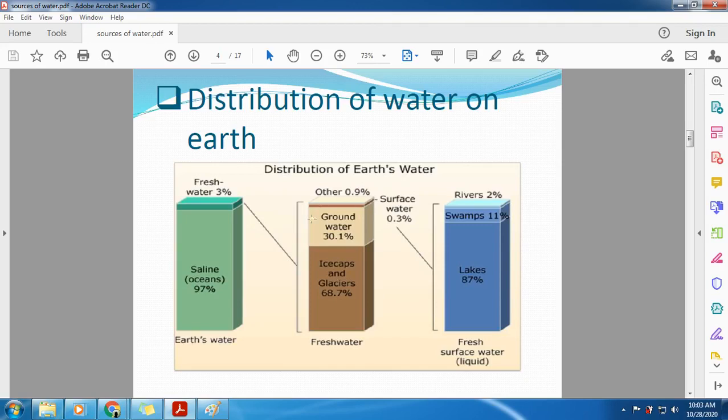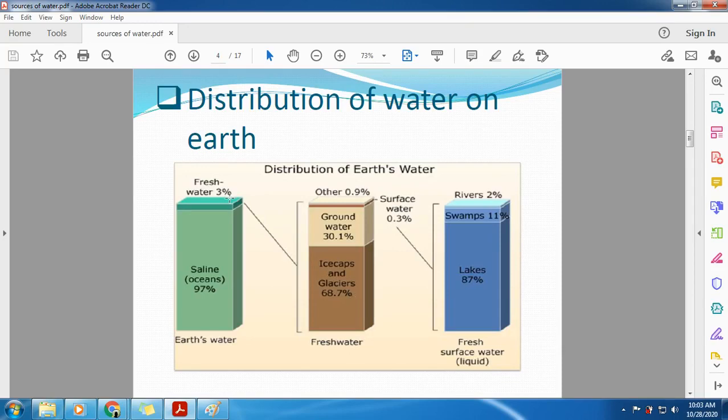The 3%. Out of the 3%, it's broken down into ice caps and glaciers, groundwater, and surface water. What is surface water? That which is in rivers, lakes, and swamps. So, of the 3% of the total water,